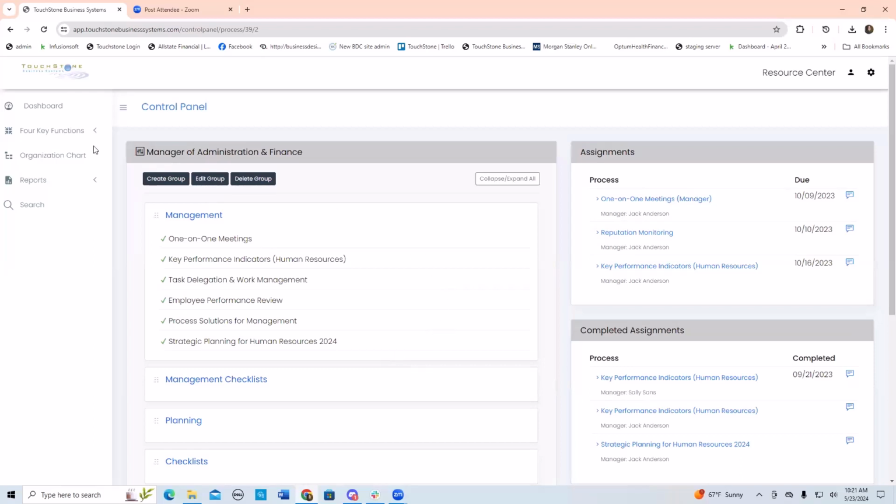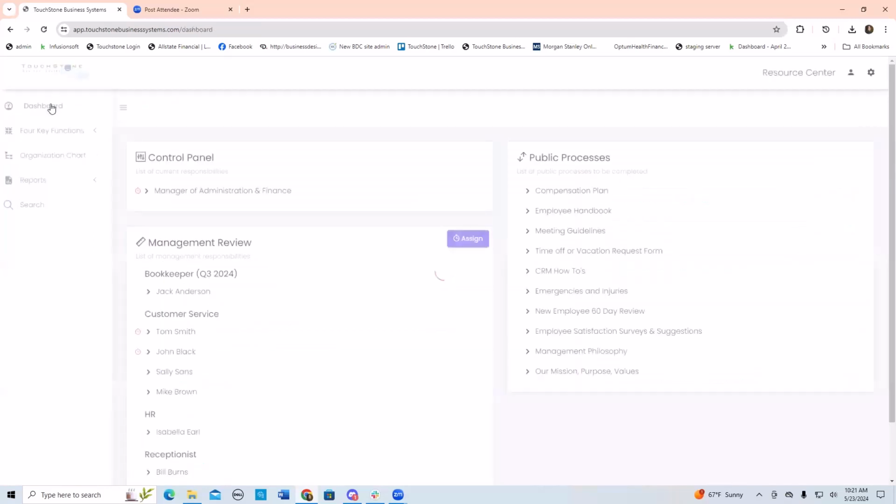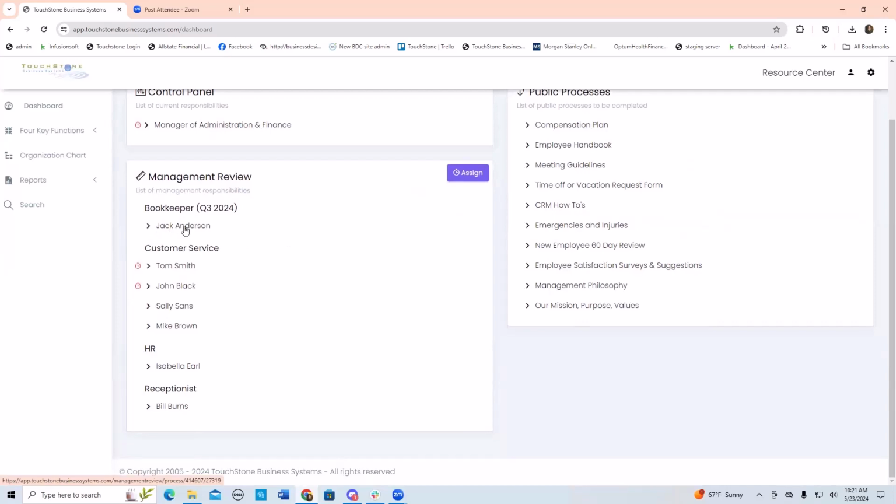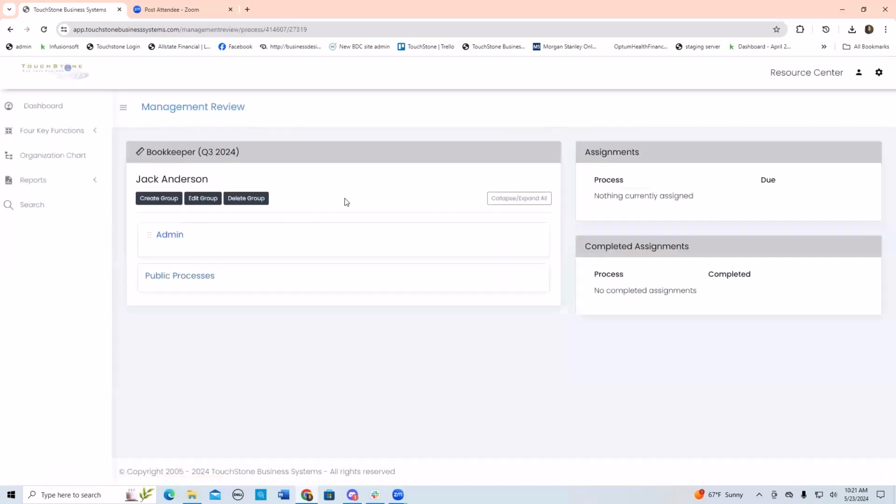So if I hired a brand new employee, let's go to an example here in management review. Let's go to Jack. So let's say Jack's brand new. I would make sure he's added, of course, to account administration and assigned his role on the org chart, and then his control panel appears. If Jack's new, it's probably safe to say he's not going to be documenting processes, but that's not always the